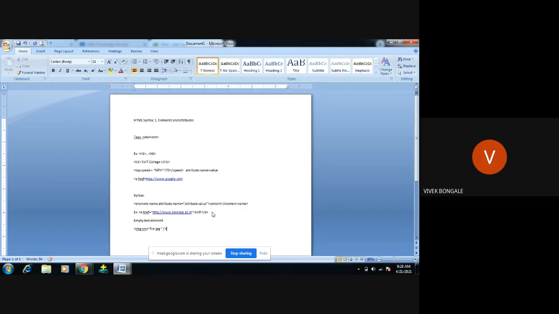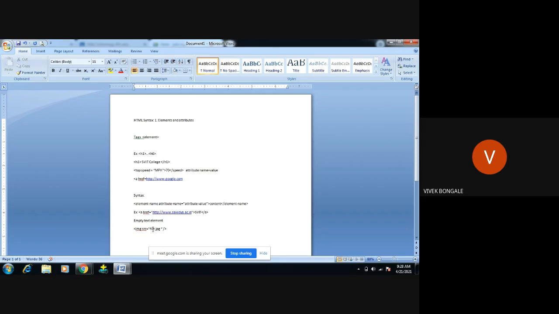If we consider any of the tags as an element or attribute, it starts with a tag and ends with a tag. But when it comes to an empty text element, there is no end tag. There is only a starting tag, that is img, and it does something for the browser.